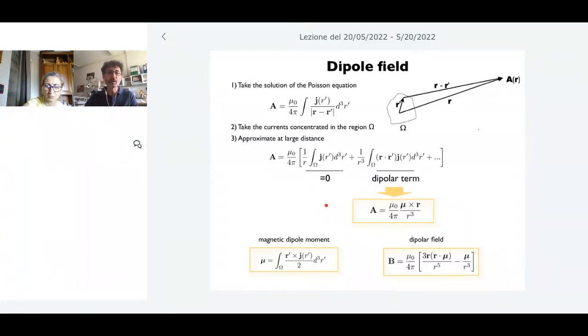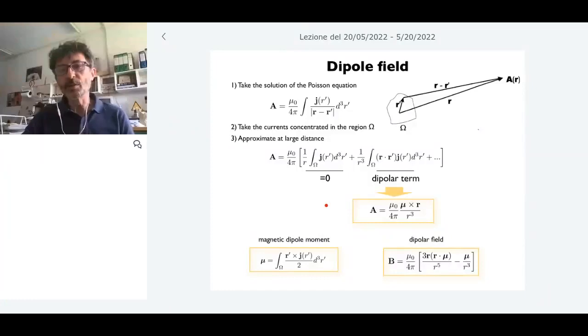If I have a solenoid or a current loop or a system with current which is a source for the magnetic induction field, if I go very far from the source, can I derive some general properties of the field generated by this source? Yes, and